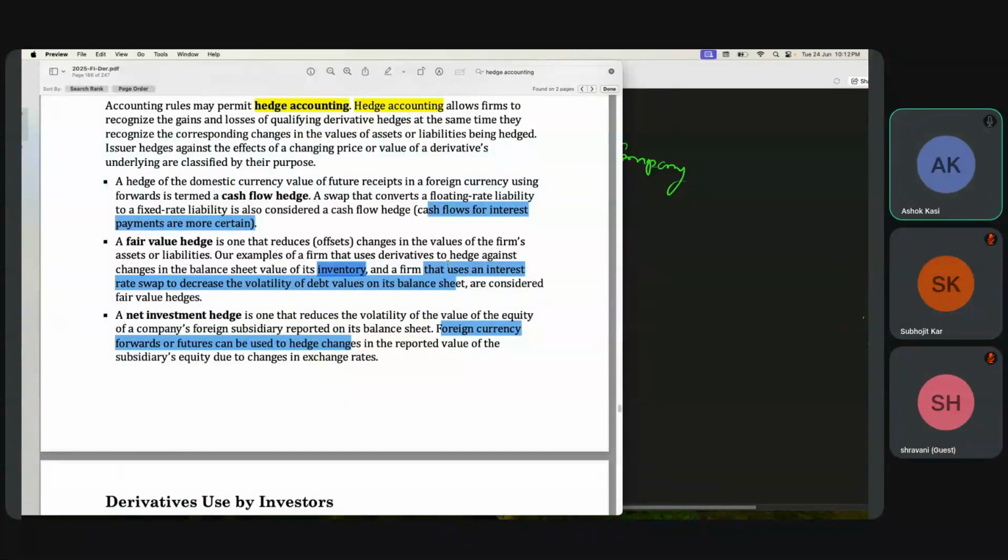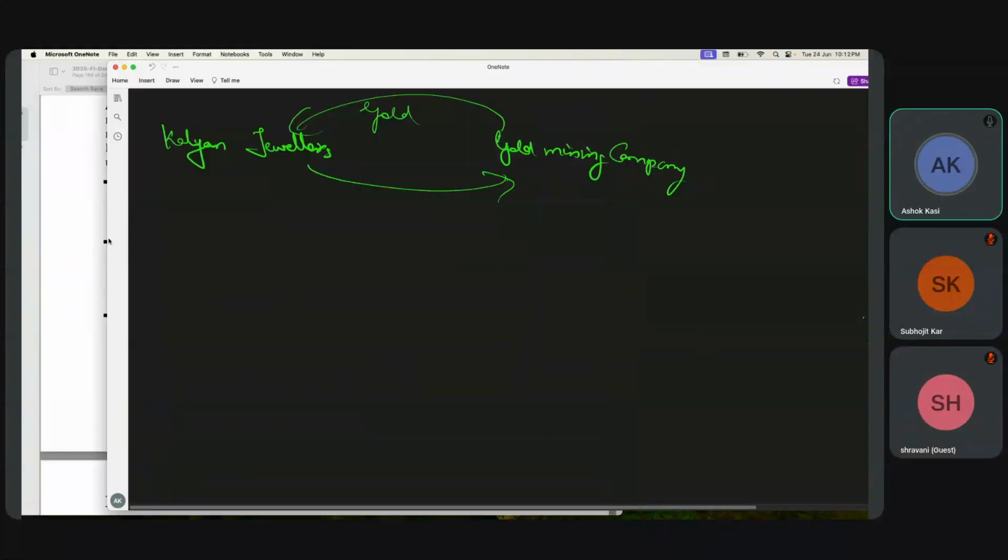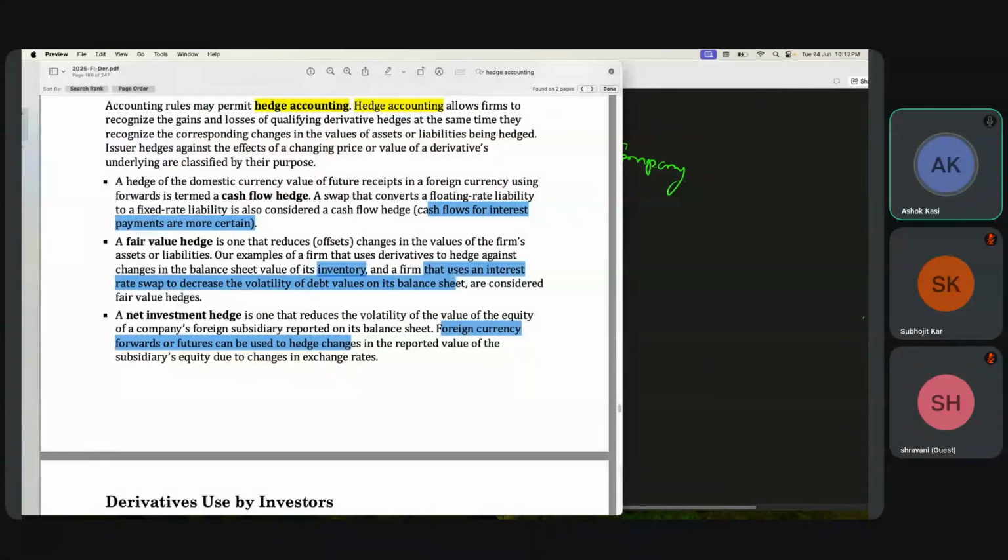And then the same interest rate swaps can also be used as fair value hedges, because they want to reduce the volatility of debt. And then net investment hedges: foreign currency forwards or futures can be used to hedge changes in the reported value of the subsidiary's equity. This is, say for example,